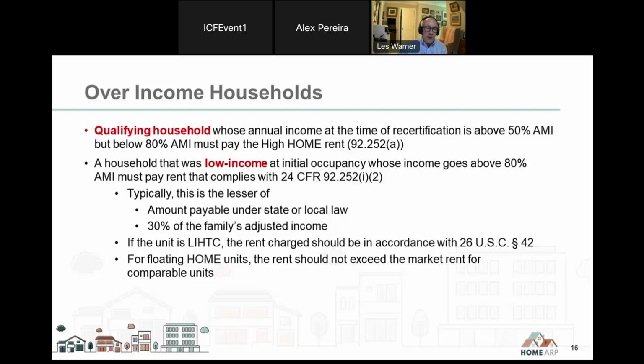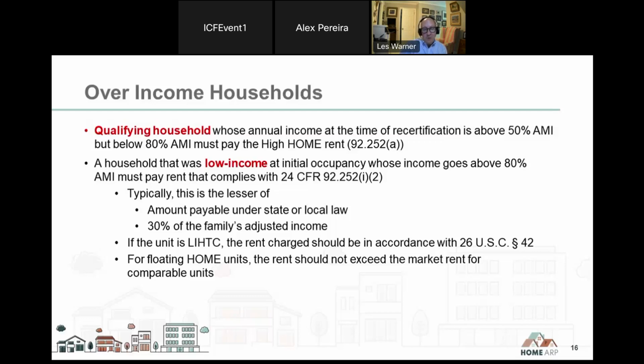And so over the life of that project, compliance will be met based on those specific units and the terms and conditions that would apply to them based on the designation I've made. You do have the flexibility of designating them as floating home units. What that means is, let's say I have 6 low-income units in my property, and I designate those as floating, and for simplicity, all of my units are 2-bedroom units. Throughout the life of that project, you would need to have 6 2-bedroom units that are